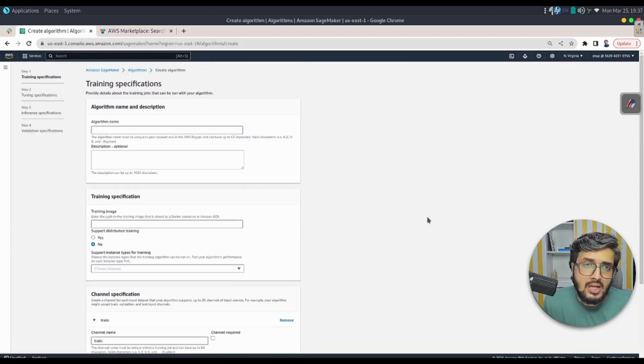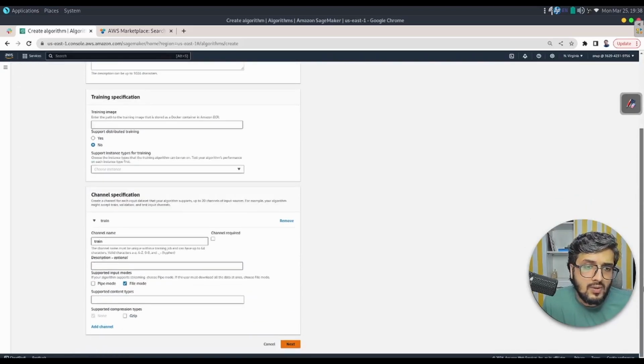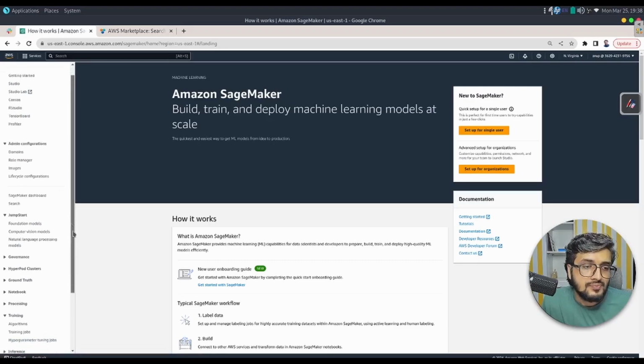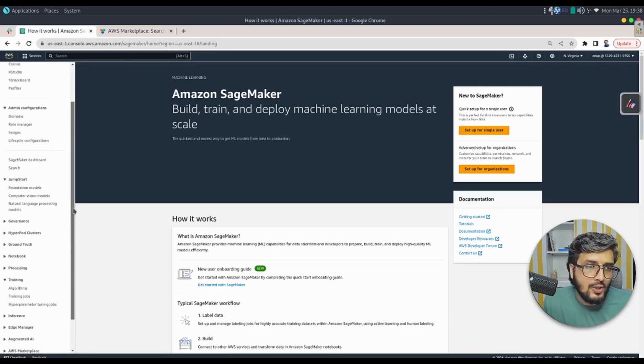So that way, we are training the model by annotating, by first preparing the data set, then training the model with the custom algorithm or one supplied by the AWS Marketplace. And finally, when the model is trained, this model artifact gets stored into the ECR. Okay. And finally, we can make use of that model artifact to deploy it into the production environment, which SageMaker provides. Okay. So that is the basic usage of AWS SageMaker, and a lot of other things can be